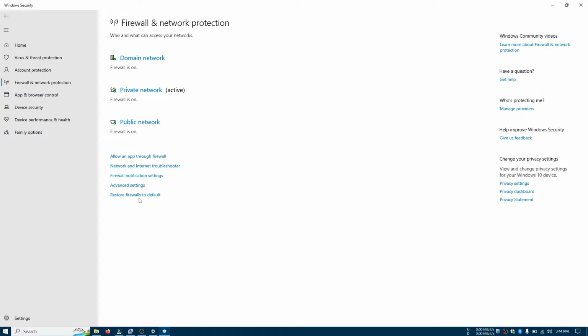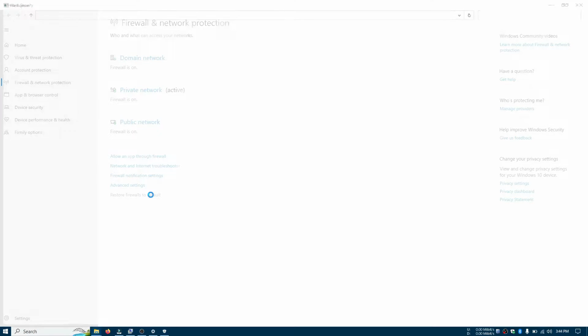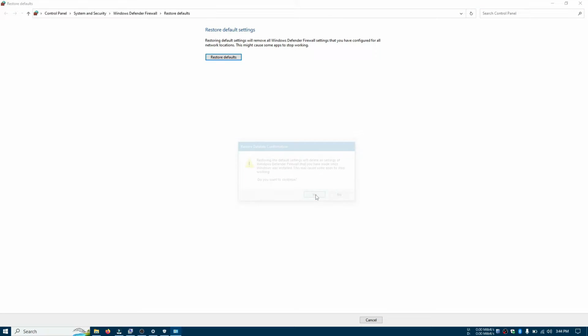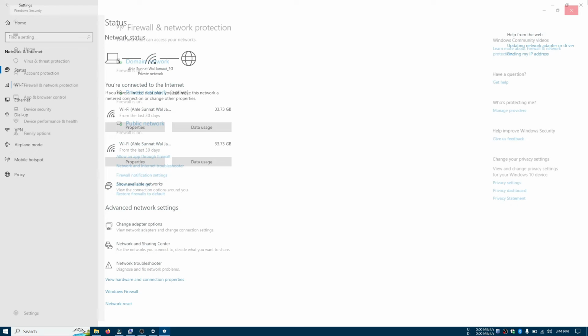Then here you will see firewall and network protection. Click on this, restore firewalls to default. This will reset our firewall settings. Click on it. Okay, then close it. Then